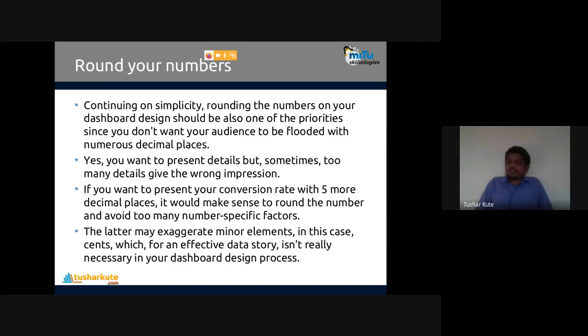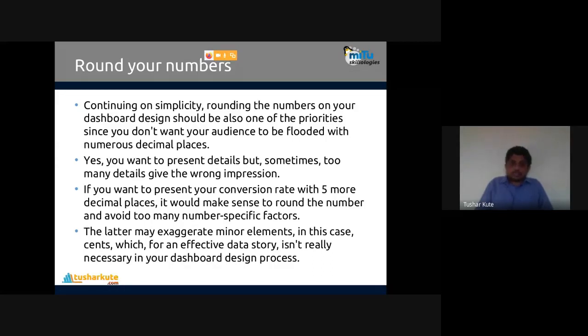Round your numbers. When you're designing this in a programming language, the programming language will show something like 10.3532131, with around 10 digits after the decimal point. Sometimes we may require that, but sometimes we may directly round a number, round up or round down.